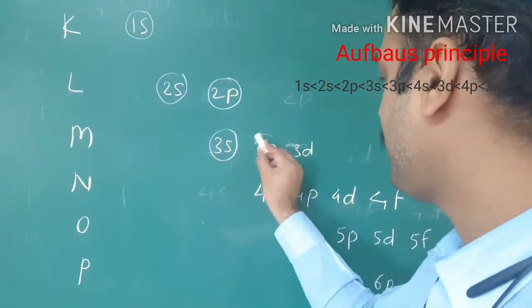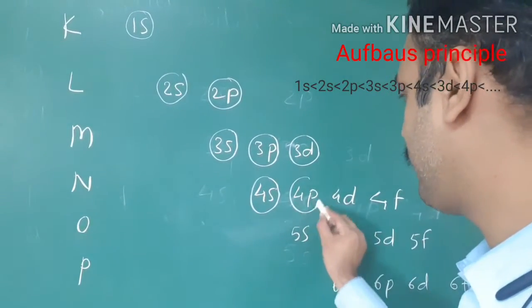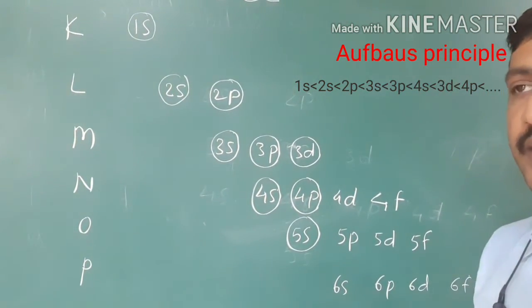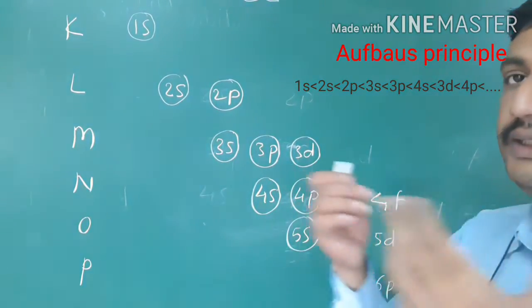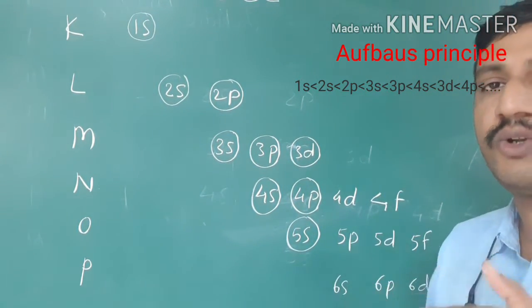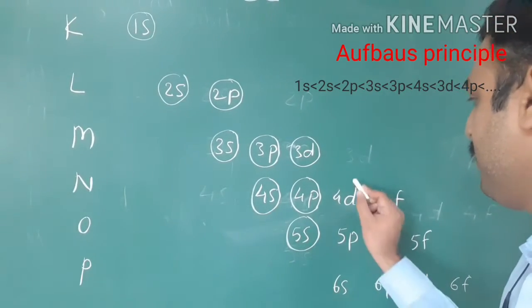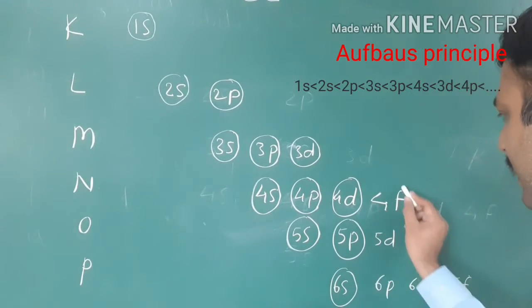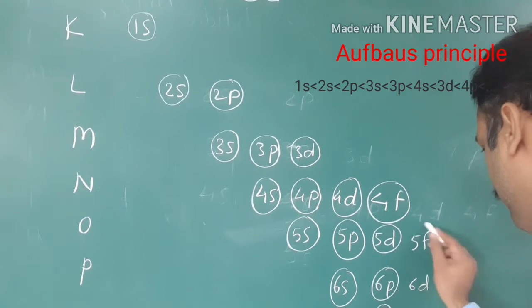So what happens according to the Aufbau's principle? First of all, in the ground state, means in a normal condition. There are two conditions of an atom, normal condition and excited condition. When energy is absorbed, the electron goes to a higher energy level, that's the excited state, which is a rare one. But in most cases, in normal condition, how the electrons get distributed in an atom, that we are going to see.